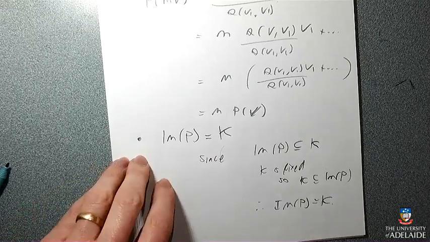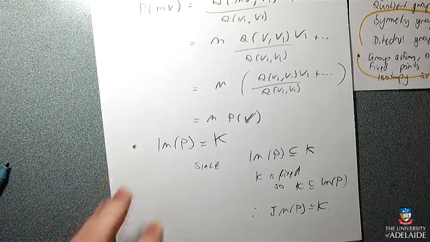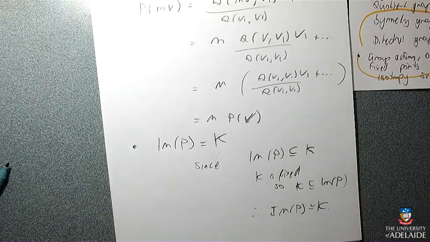Oh, wouldn't the 0 vector be in K? It is, but the rest of the kernel other than the 0 vector has to be outside K. Okay, but if the 0 vector was the only vector in the kernel, then the kernel would be inside K, yes. Good point. Got to be careful when you're talking pure maths. So the only vector in the kernel that is in K is the 0 vector, which, as you say, may be the only vector in the kernel. But I reckon the only way to do that would be for K to be the whole of V.